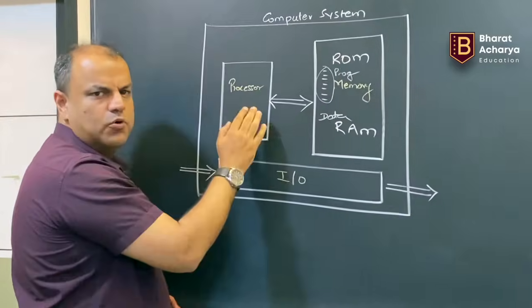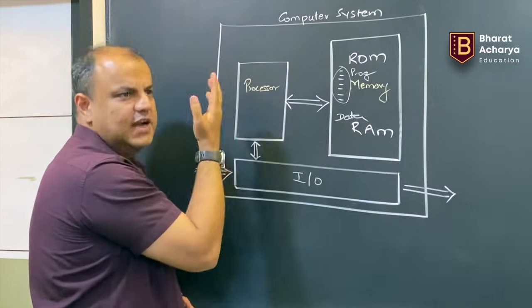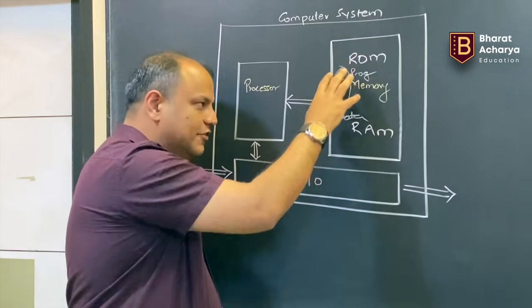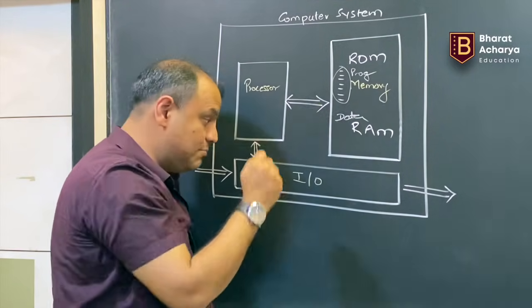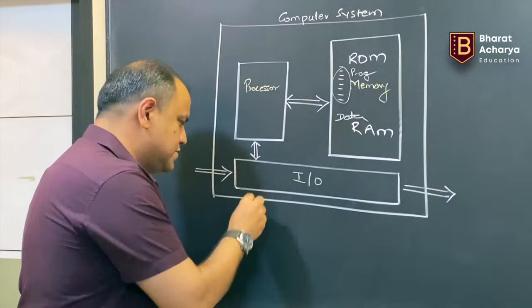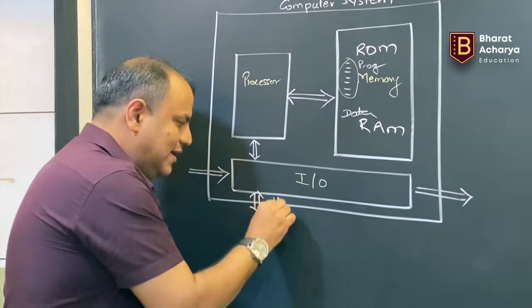The main component of a computer is the processor. That's why we learn it so much, but it can't work alone. It needs memory, both types of memories, RAM and ROM. It needs I/O. I'm going to go one step deeper. When you say I/O, I/O mainly consists of